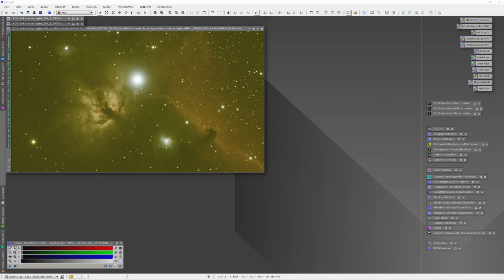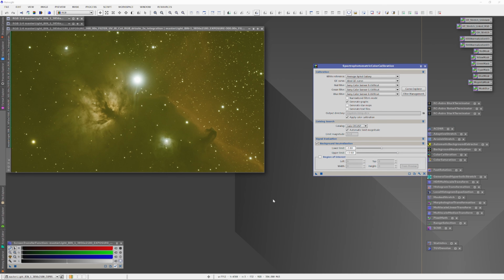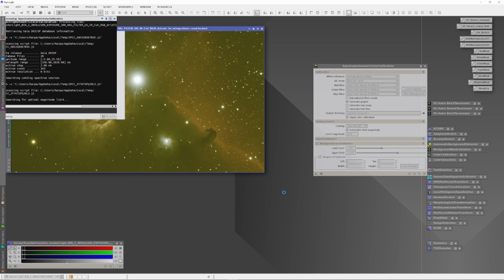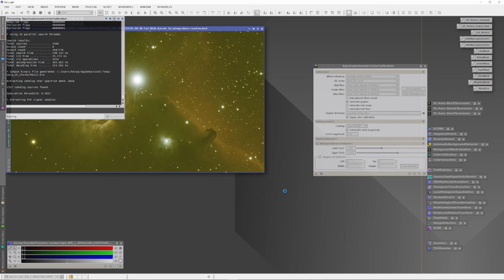In October, I took 62 300-second subs using a ZWO dual-band filter. And in December, I shot 15 300-second subs using only a ZWO IR UV cut filter. Of course, if you're capturing broadband data, that goes a lot faster than using any kind of narrowband, dual-band, or tri-band filter. You might still be thinking that, well, that wasn't much time to capture all this data, but I